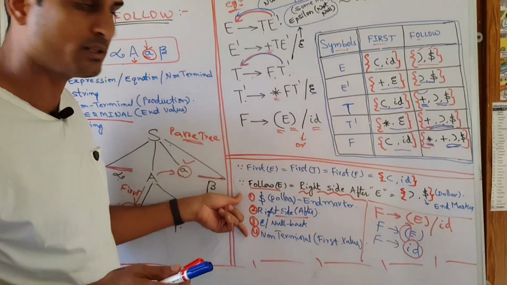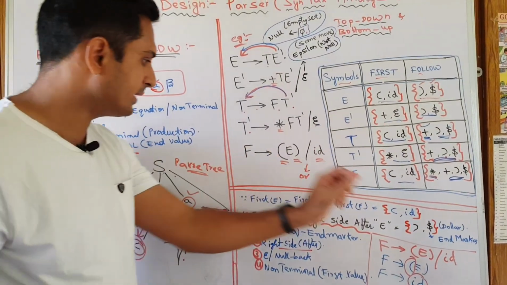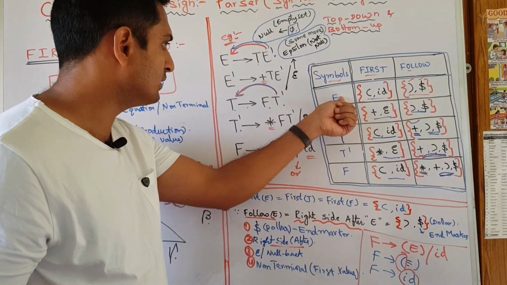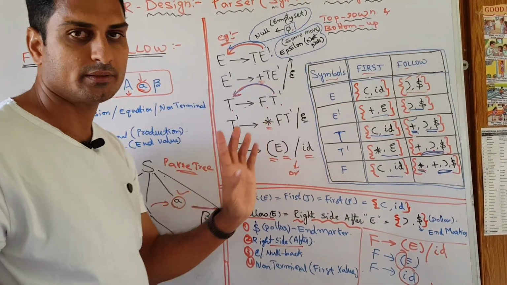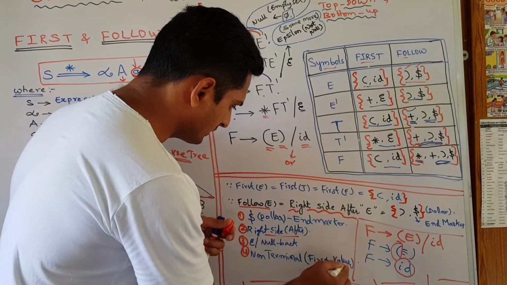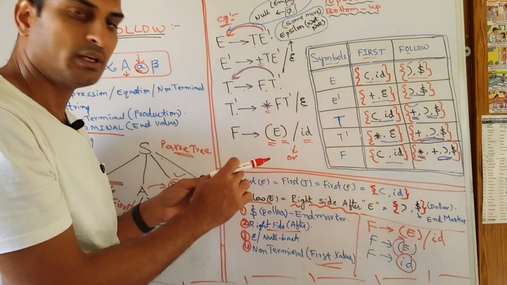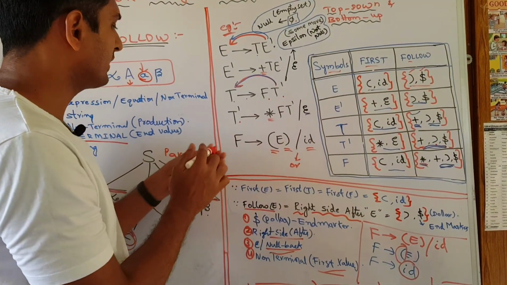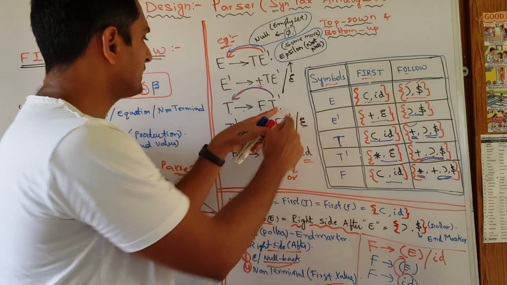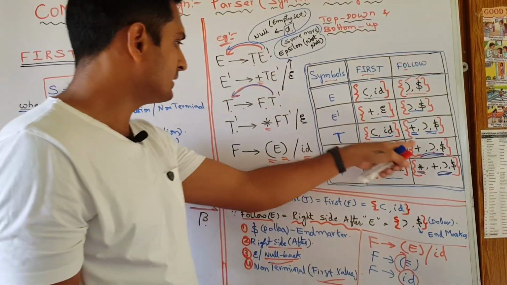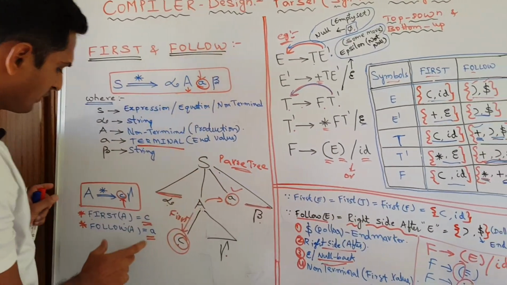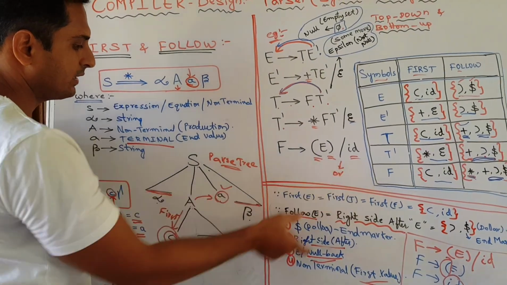These are the rules. You remember these rules. At the end we need to put dollar because it is the end marker. On the right side, after E's value, if a terminal is there, we can write it. If it is a non-terminal, we have to write the first value of that. After that we need to go back. If there is nothing, for example, T dash's follow value, if nothing is there, we will go for T's follow. Same. Right? You can repeat my video. Note that. If you understand this, this is very easy. Okay? You need to follow these rules.